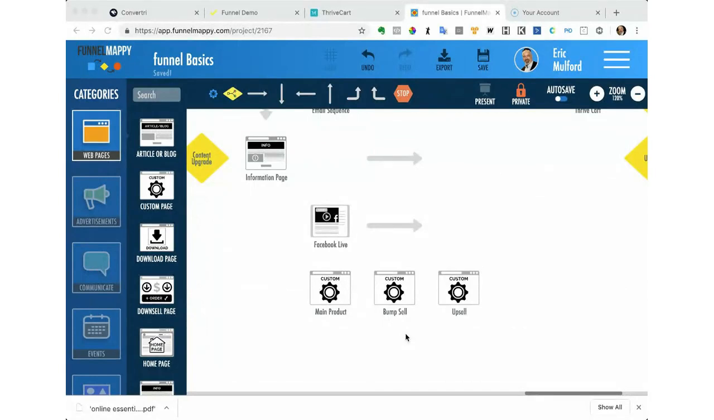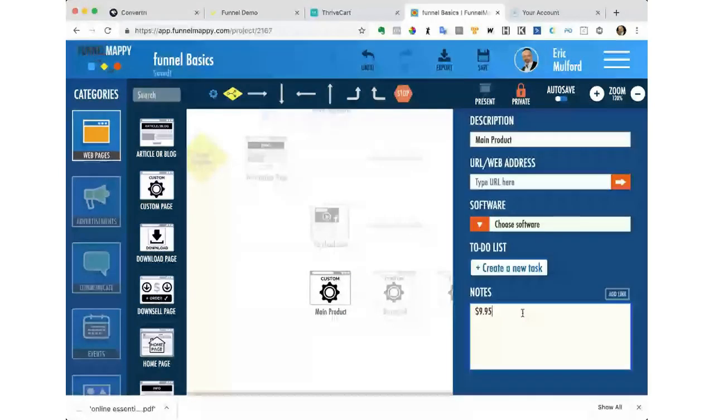But do you see what we do here? Now I've got my details. I know what I'm going to do. This is my main product. This is my bump sale. This is my upsell. These all make sense. Okay. I'm going to talk about how to leverage this product right here. Is all about